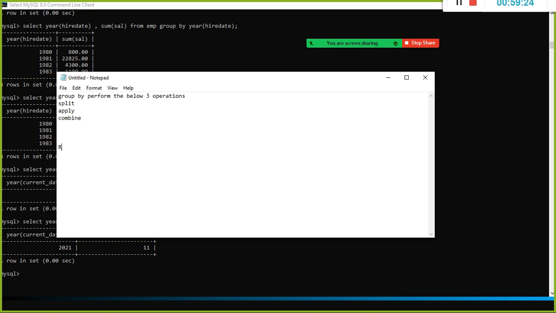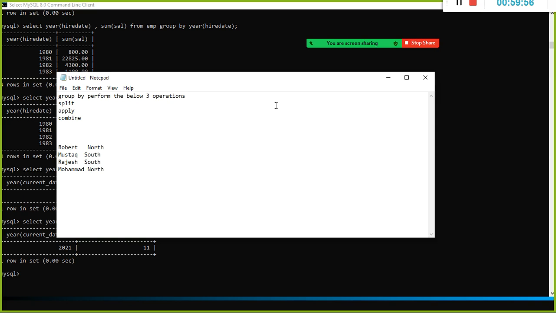Let's say the names of the people are Robert and Mushtaq and Rajesh. Likewise, 3 employees are there. They are working in, let's say, the north region, or they belong to North India. These people belong to South India, and this person also belongs to South India, and another guy, Mohammed, belongs to North India.